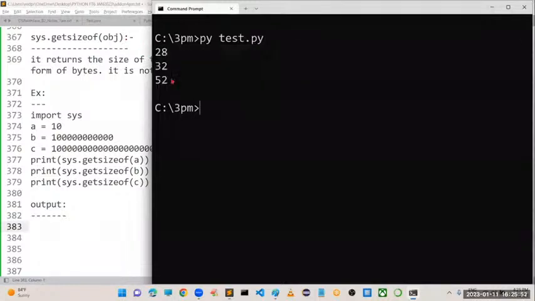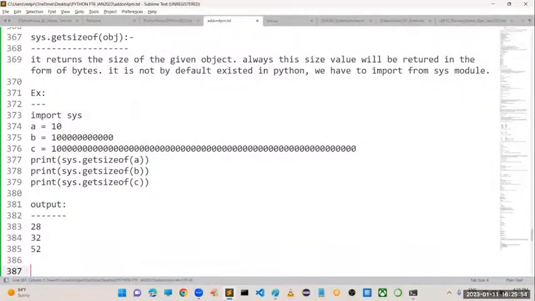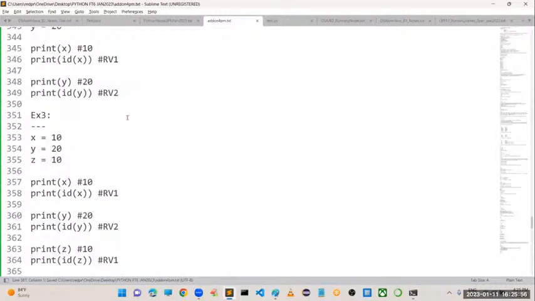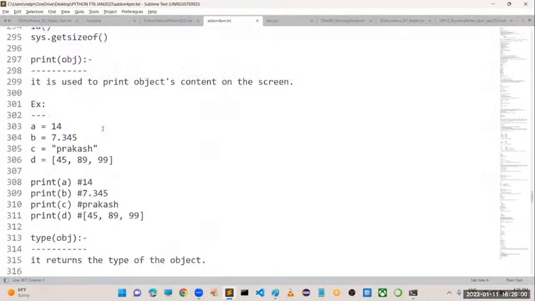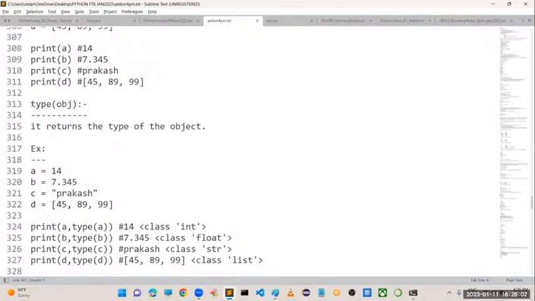These are the four important functions we have. What is the first function? The print function, which is used to print the object's content. What is the second function? type of obj, which returns what type of object it is holding: is it an integer object, a floating point object, or a list object.